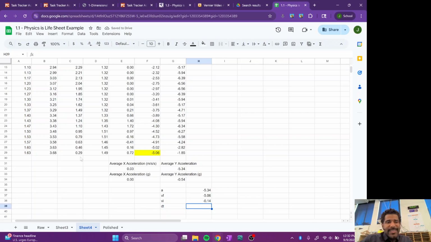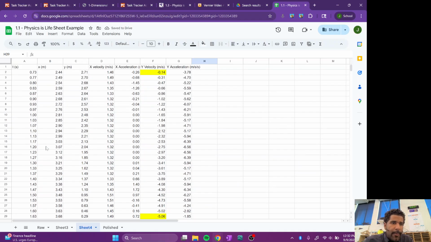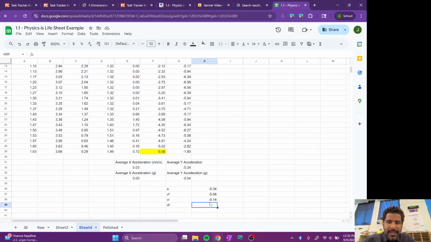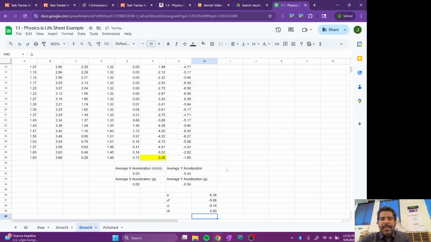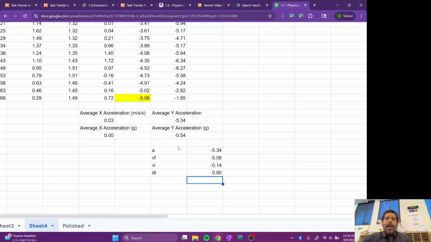Now for my difference in time, I will take a little formula to take advantage of this, equals my final time minus my initial time. And this is now going to be the delta time that you use for your problem. If you have the final velocity and the initial velocity and the delta time, you have enough to make an acceleration problem. The thing is, remember, as my requirements for the assignment, this is all in meters per second